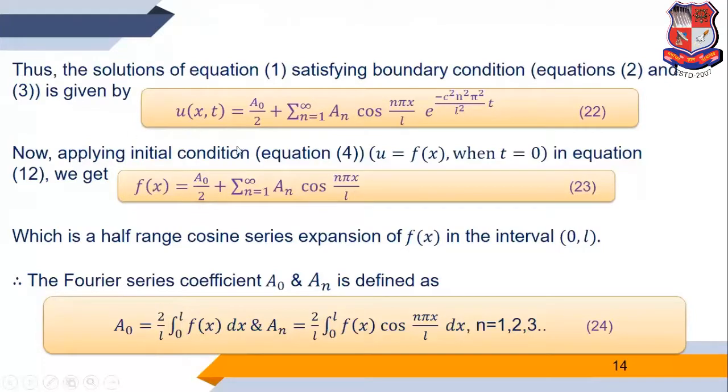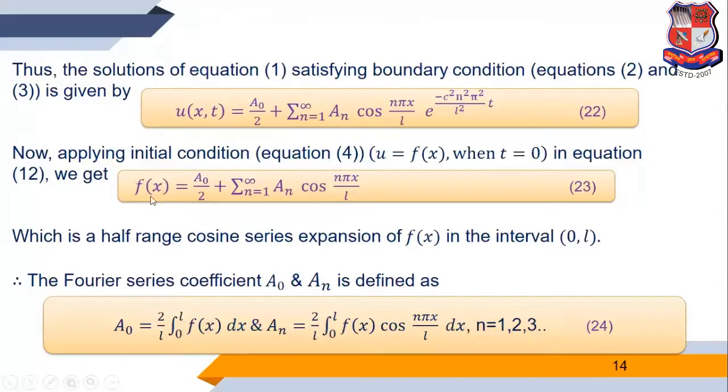Now we apply the initial condition, equation number 4, where u is equal to f(x) when t equal to 0, in equation 22. So we get